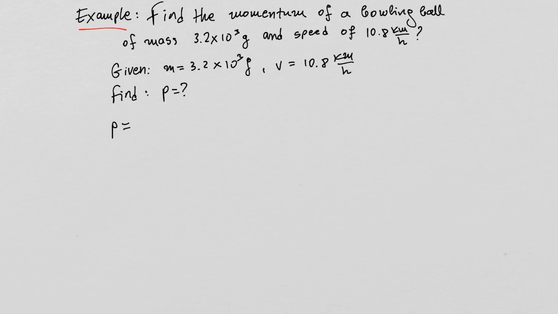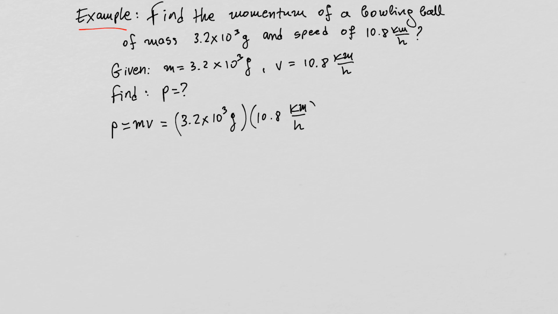So I will use the definition of momentum, which is that the momentum P is equal to the product of the mass m and the speed v of the bowling ball. So let's plug in the values for the mass and the speed, and let's see what we get. 3.2 times 10 to the third grams times 10.8